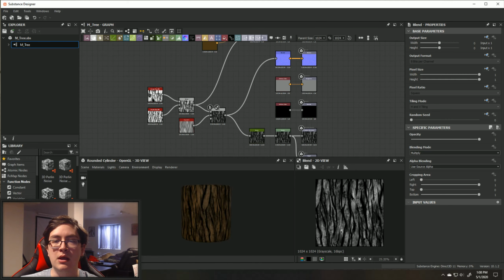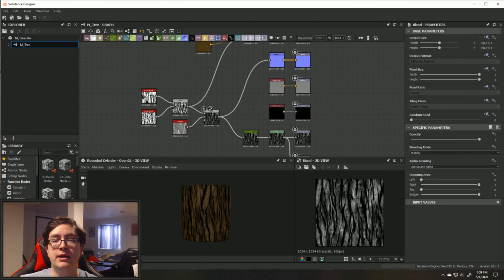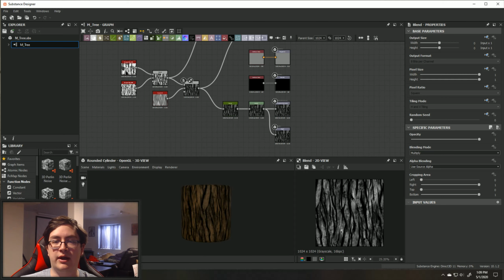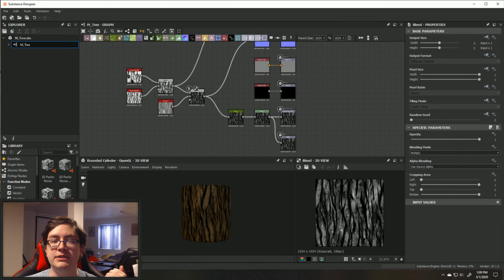So last video, I discussed a little bit about the rock texture that I've created. Now I'm discussing this simple tree texture that I've made. I know a lot of other Substance Designer programmers or texture creators, however you want to call them, there's a little bit of programming and a little bit of actual artistry that goes into creating textures when you're using Substance Designer. And so far I've been creating very simple textures with these